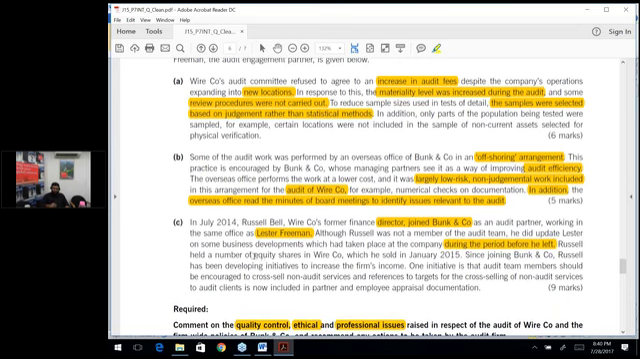Russell held a number of equity shares in Wire Company, which he sold in January 2015. Since joining Bunk & Co., Russell has been developing initiatives to increase the firm's income. One initiative is that audit team members should be encouraged to cross-sell non-audit services, and references to targets for the cross-selling of non-audit services are now included in partner and employee appraisal documentation. Now,